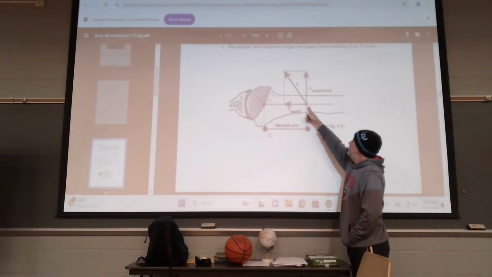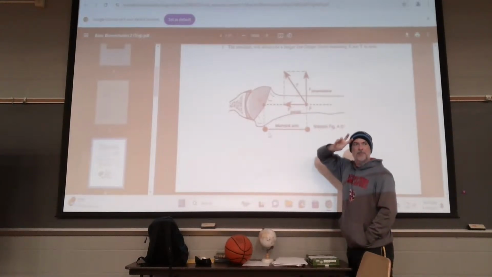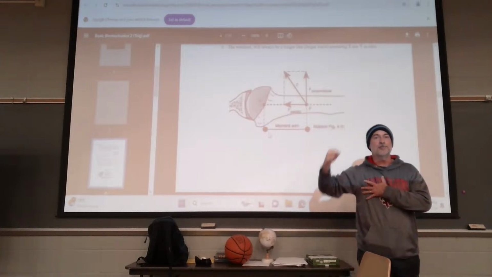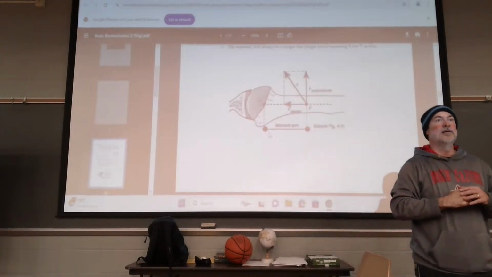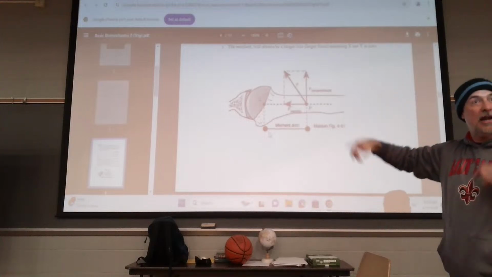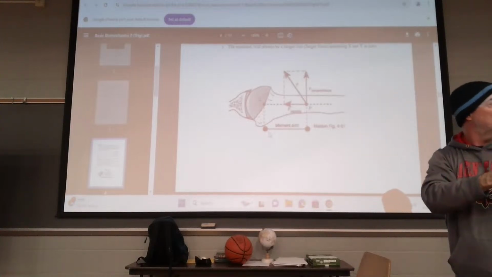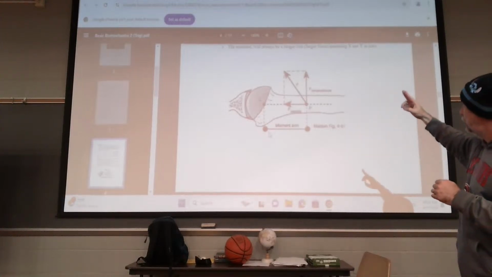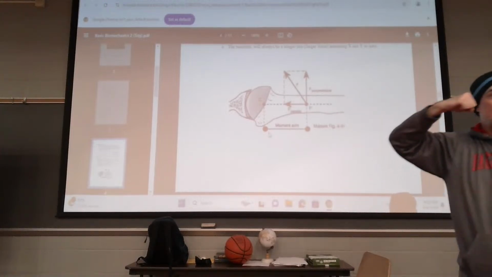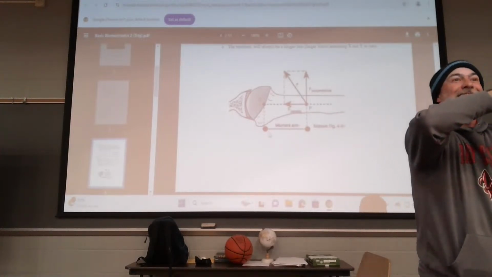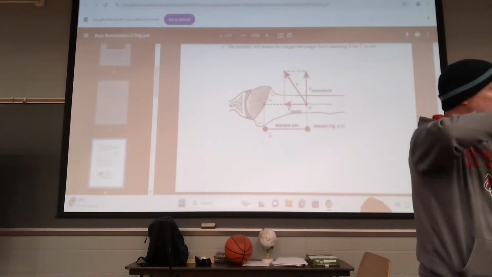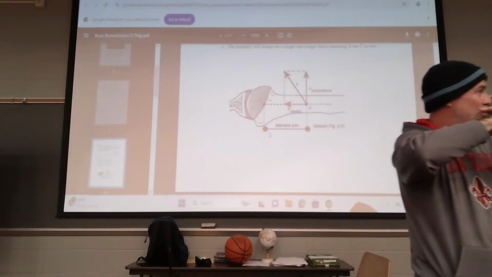Not all of this muscle's force, let's say the F is the muscle pull, not all of that pull is trying to move that bone, is what I'm trying to get to. There's a component that's perpendicular that has a rotary or moment component, but there's also a component that's linear, trying to keep this bone into the socket so that you don't have a bad day. The stability component of a muscle's pull and the rotary component